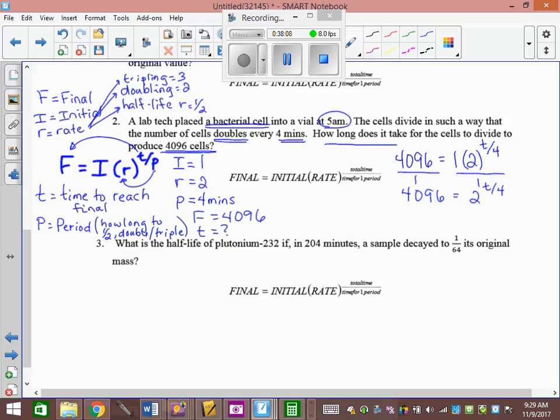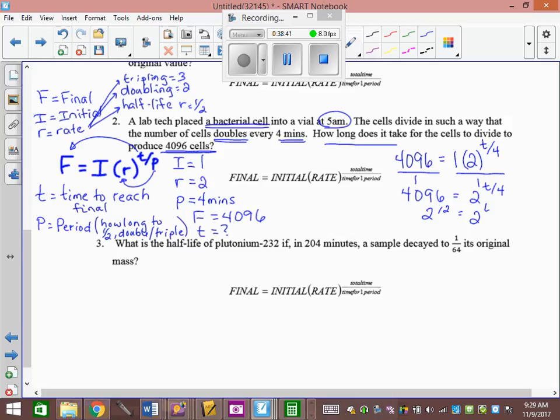Now, we always check, can we make a common base? Is 4,096 a base of 2? Is 2 to the something 4,096? What is it? 12? If it wasn't a common base, could I just go y1, y2? Yes, and we're going to go through that as well because, trust me, the place where people are really bad at y1, y2 is they cannot get a window to see it. It's very easy to get a window to see once you think about it. So it's 2 to the 12